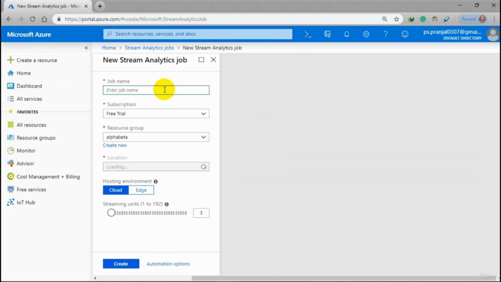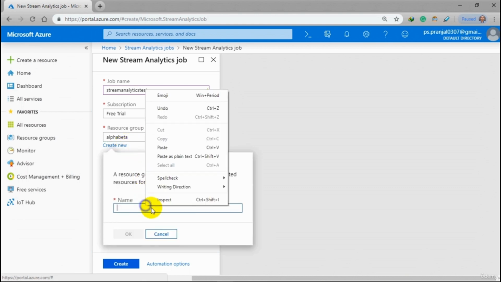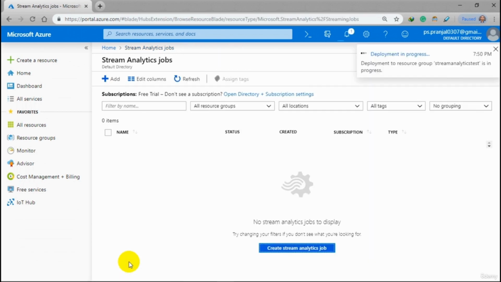Now write the name of your job, stream analytics test. Now choose your subscription and your resource group. I'm going to create a new resource group for it. Now choose your location, your hosting environment, and streaming units. I'm going to select 3 units and validate it. After validation, it will deploy, and once your deployment process is completed, you will be able to use